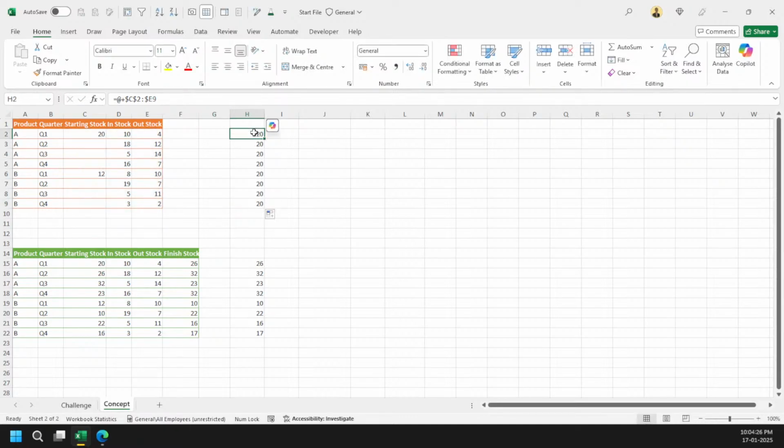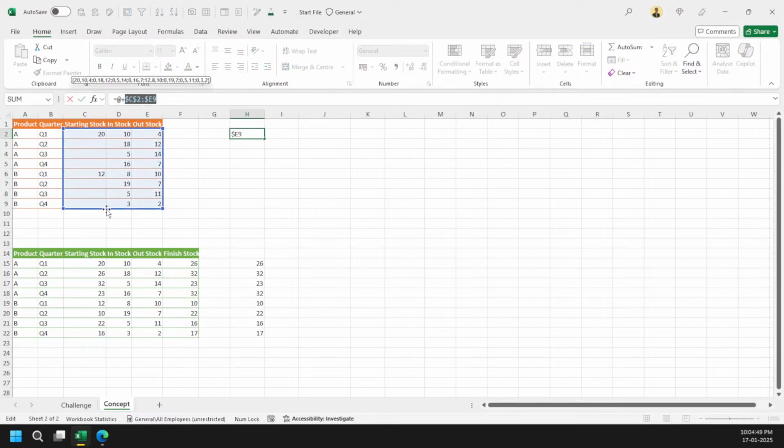One second. Okay, I think did I make a mistake here? C2. Okay, so my mistake here, it won't be C2. It will be actually this value C9. Okay, Excel made some changes which I didn't want. Okay, because Excel I have updated it properly.